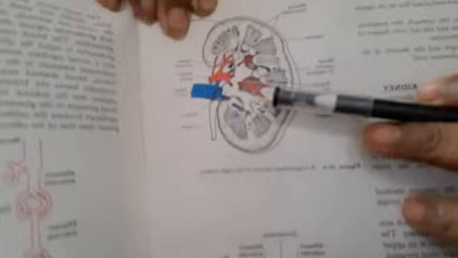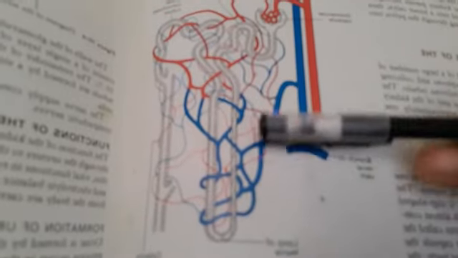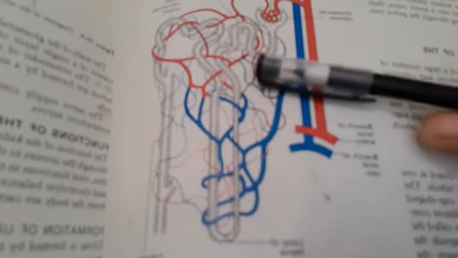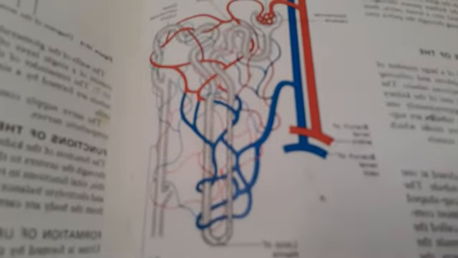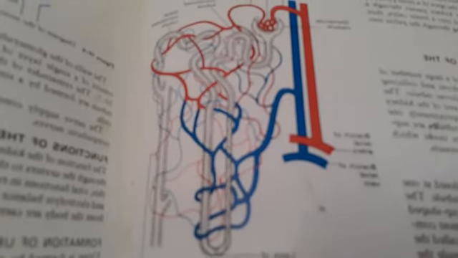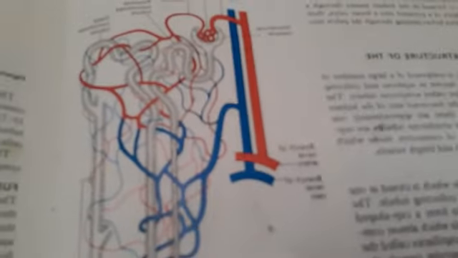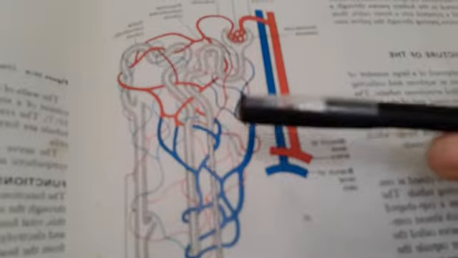And earlier what we have learned was the gross structure of the kidney, but if we go on to the microscopic structure of the kidney, we'll find it is made up of millions of fine tubules called nephrons. Clear? These are called the units of the kidney, and the microscopic structure contains millions of nephrons. Along with the nephron there are collecting tubules also.